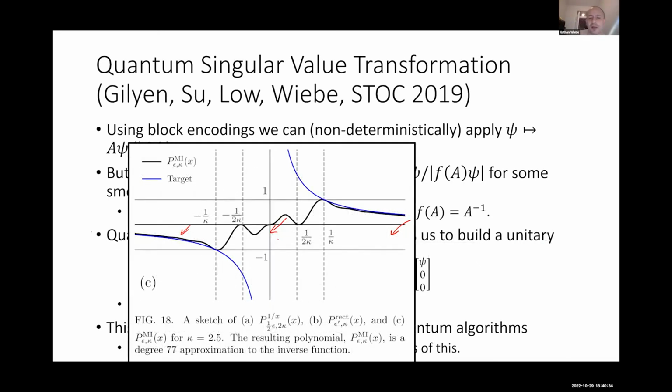So to give you an idea about what this would look like for the problem of doing the matrix inverse, which essentially is the HHL problem, we would say, okay, let's promise that the condition number of the matrix is bounded inside this regime over here. What we do is we build an approximate polynomial that mimics 1 over x outside of this region. And inside here, we make no promises about how well it performs.